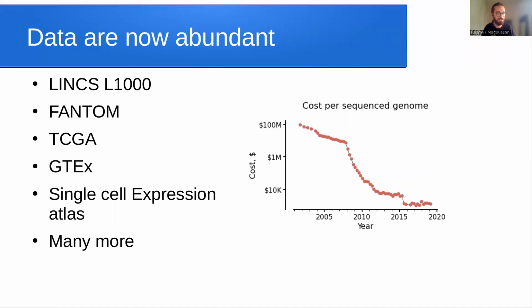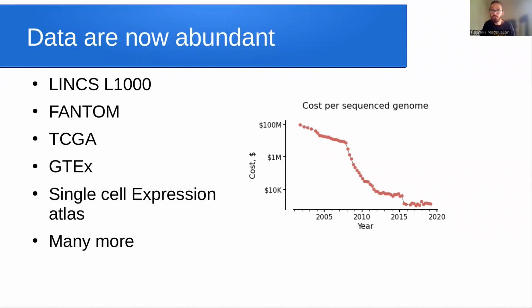Well, as I said, you have a lot of parameters, so you also need a lot of data to train these networks. Actually, a lot of data, and it's only very recently that we have been able to